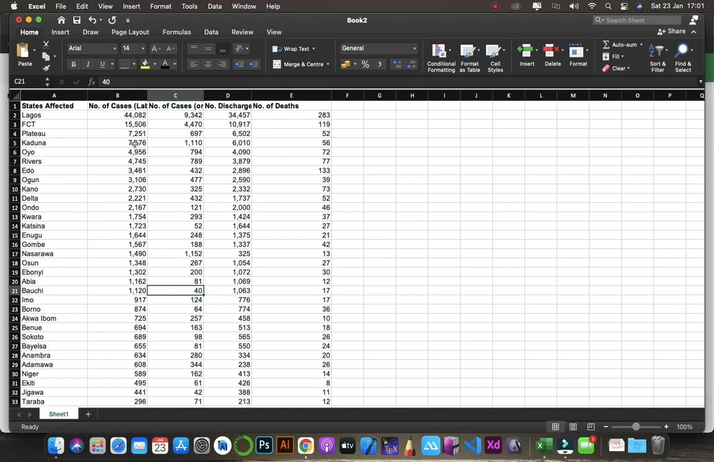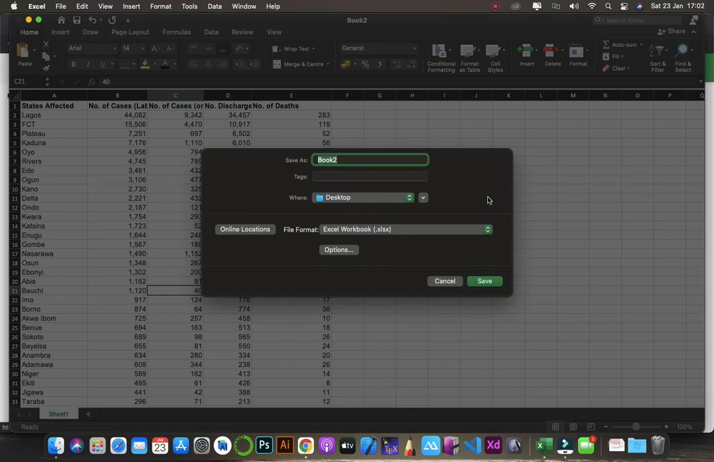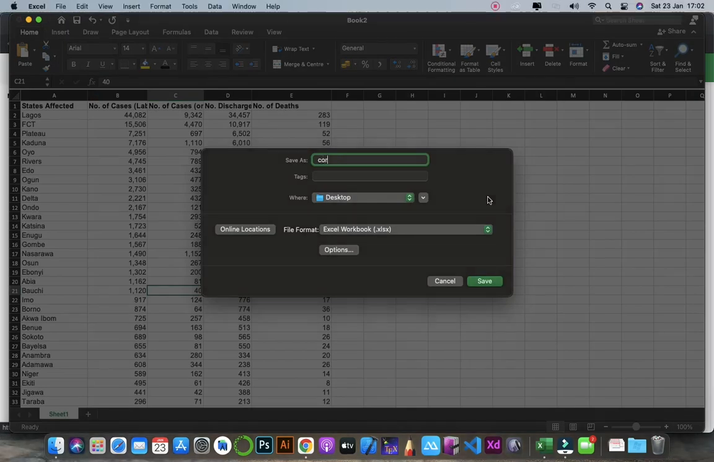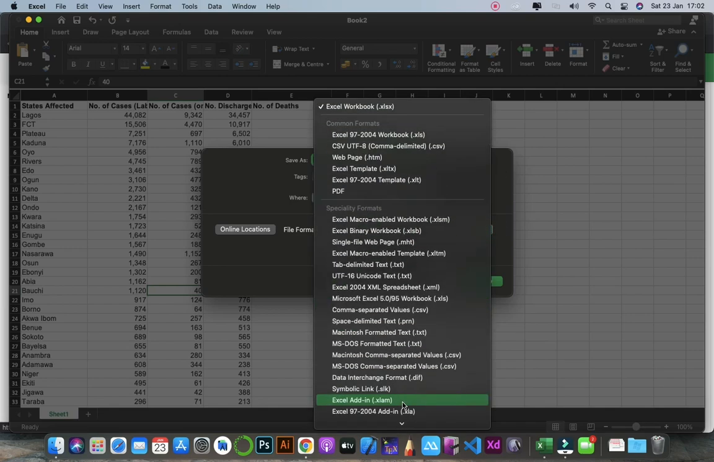While the dimension, they describe the metrics. So name this workbook. We're going to be saving it as CSV. So you save as, let's say, Corona virus Nigeria. And we're going to be saving it as CSV, comma separated value,